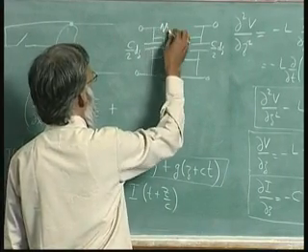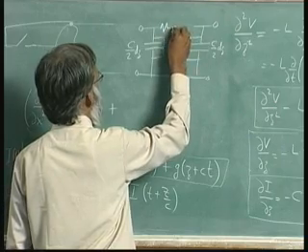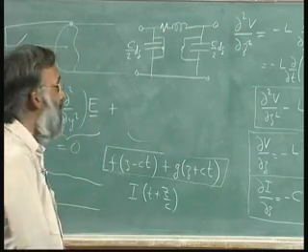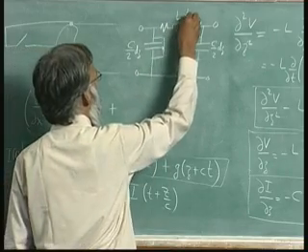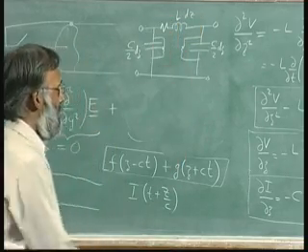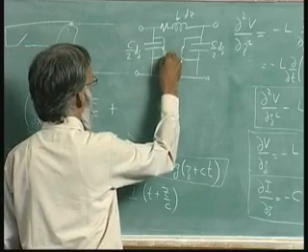very small series resistor to the inductance. So you have L dz and you have a little bit of resistance. So these are called